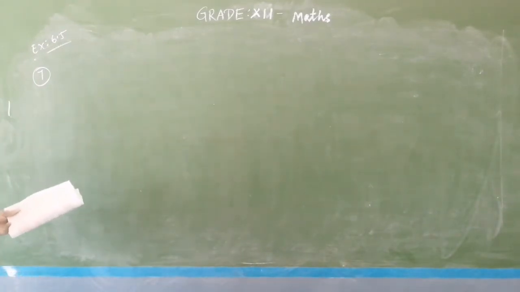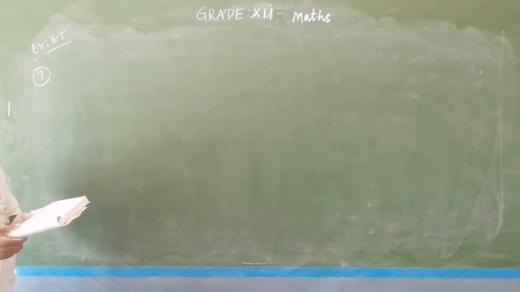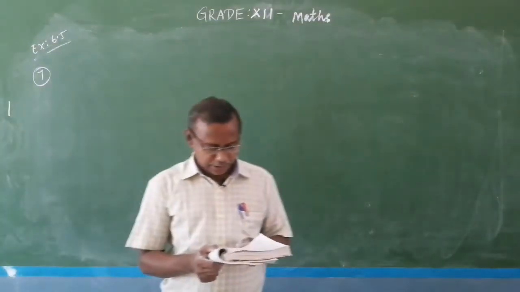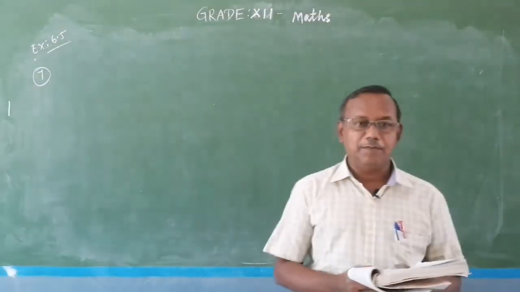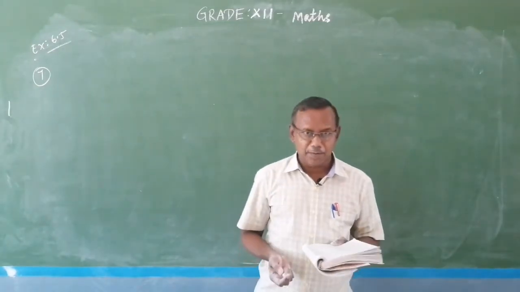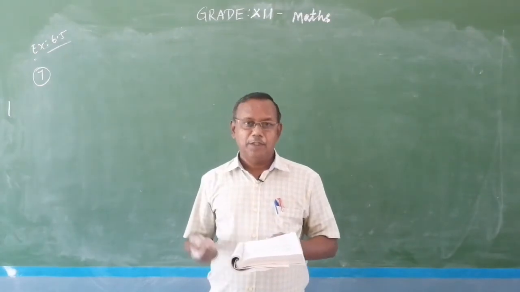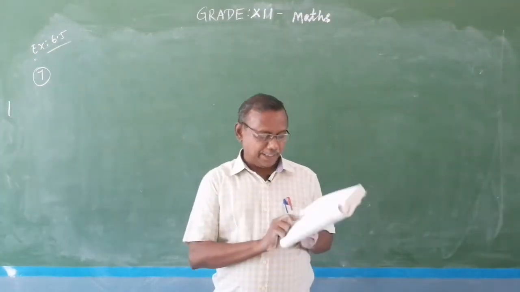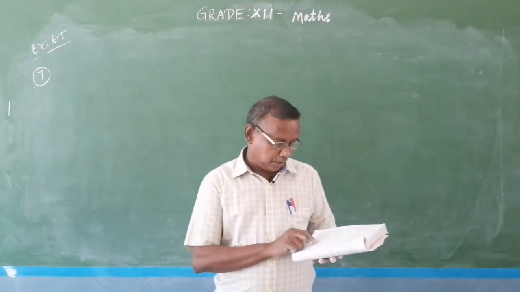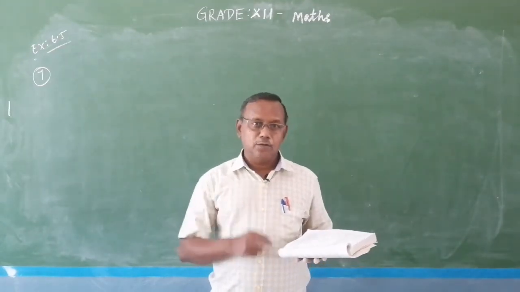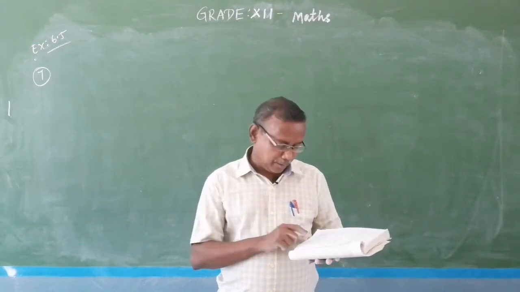Find both minimum value and maximum value of the function. So you are given the interval. They have not mentioned whether it is absolute maximum or absolute minimum or local maximum or local minimum. If they specified local maximum and local minimum, you go for that. It is not specified here whether it is absolute or not, but you are given a closed interval. Whenever you are given a closed interval, just go for absolute maximum and absolute minimum.